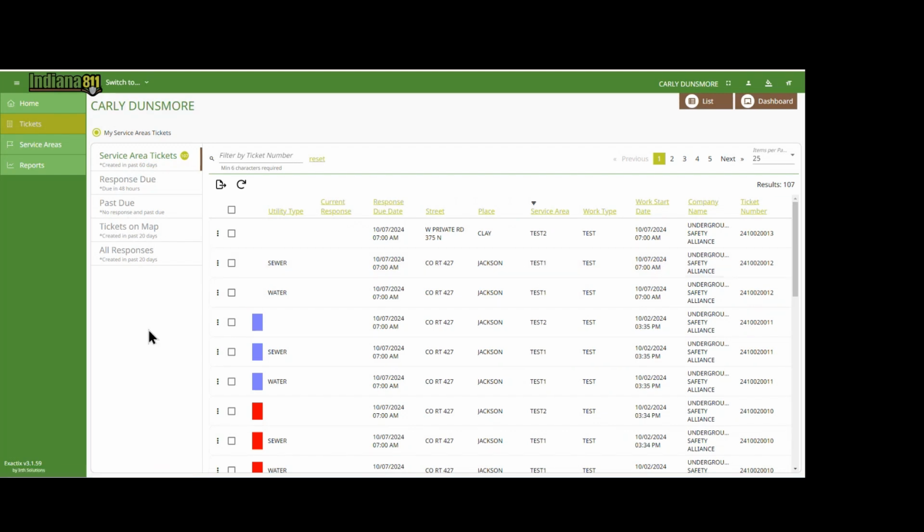We have two response types when entering positive response. You can either provide responses by service area or by utility type. Service area is used if there's only one utility type under your service area, or if you want to enter one response for all facility types, such as water, sewer, or electric. Utility type is used if you want to enter a separate response for each facility type that you own or